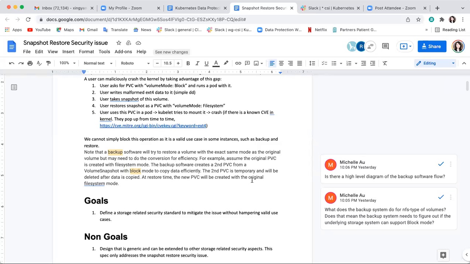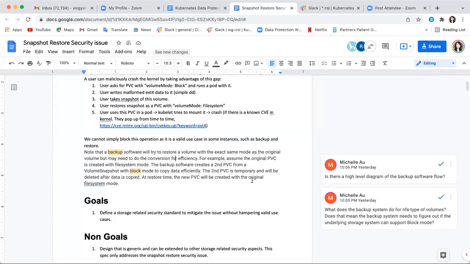Okay. So there's another question from her. Basically, I think we don't really have capabilities for this. Oh, actually we do, right? We do have the capabilities to say whether you can do this. So in your backup software, do you actually check that it is a block volume, and whether you can make this conversion or not before you do this?